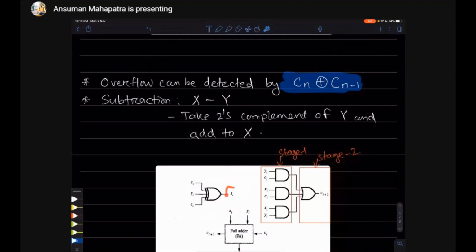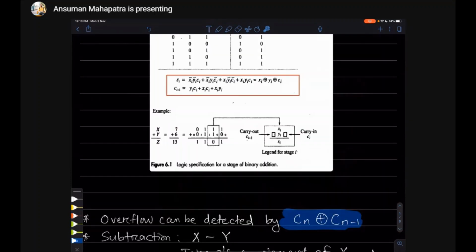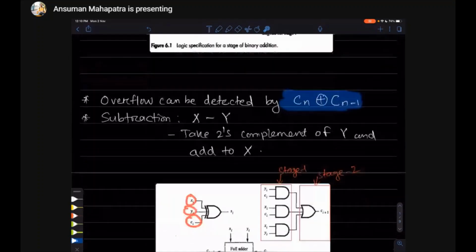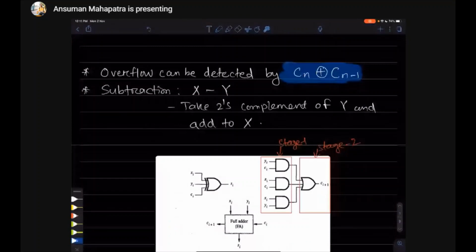So the Si circuit will look like this. The sum, according to the equation, we will get after doing the XOR of xi, yi, ci. Okay, so xi, yi and ci input we will give, then we will get our Si. So here there is an XOR gate. The XOR gate is taking 3 inputs and it is giving us the sum.